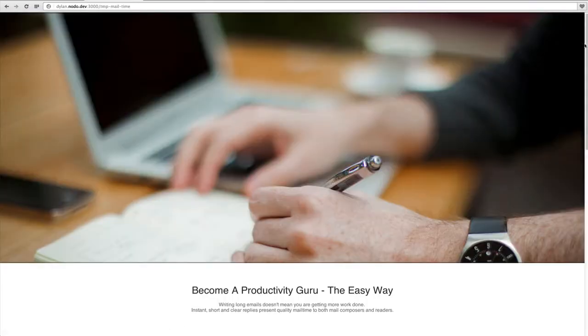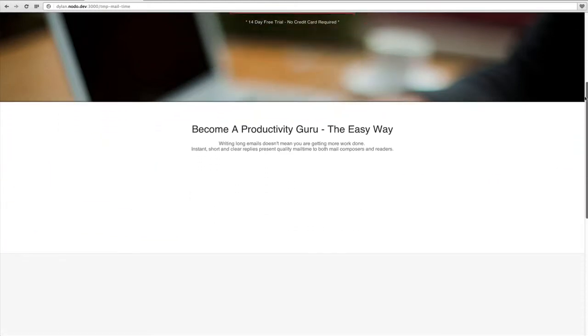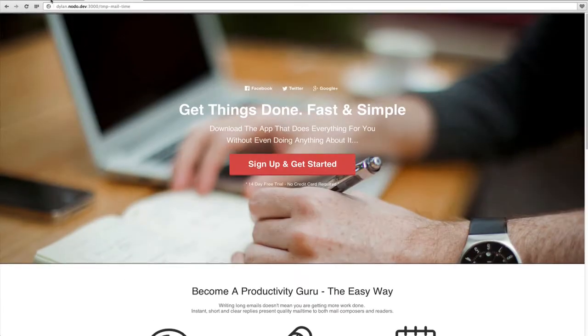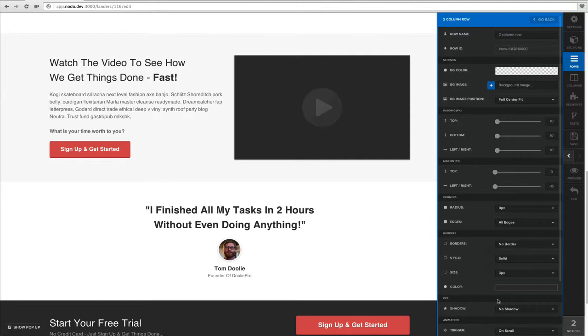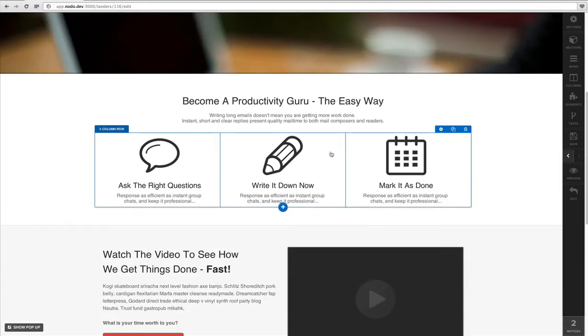So I'll do that again. So we have here, this main text will pop in. As I scroll down the page, we have that pop in and we have that pop in. Another more advanced thing we could do, I'm just going to remove this animation here. I'm going to have these